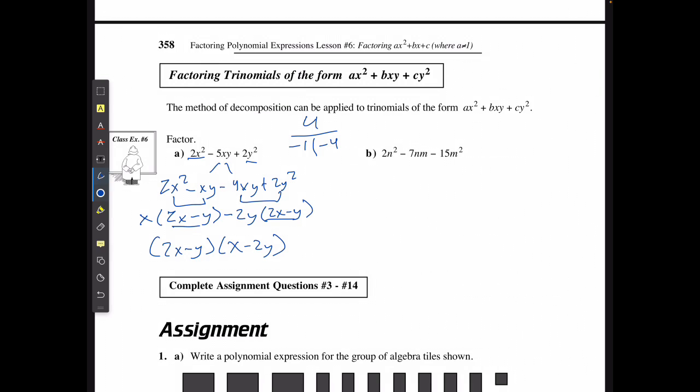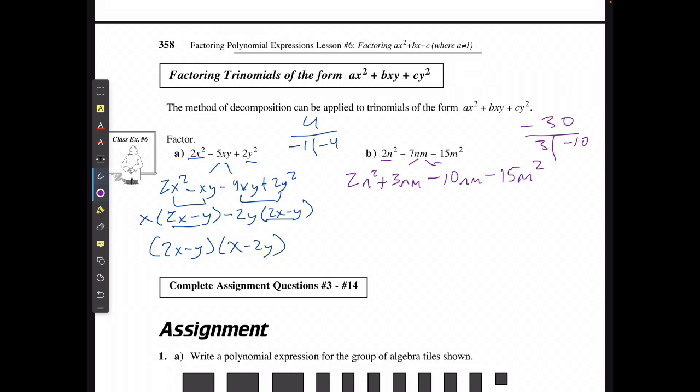Same thing with example B. I'm going to take the 2 times negative 15, get negative 30. Two factors of negative 30 that add up to negative 7 are 3 and negative 10. And when I split it up, I'm going to have 2n squared plus 3nm minus 10nm